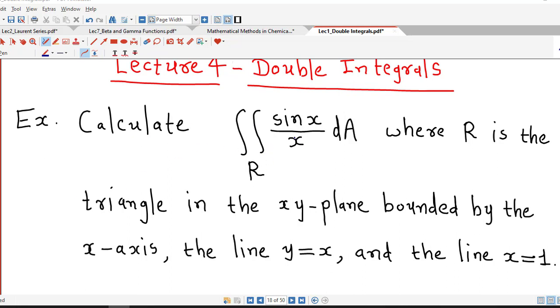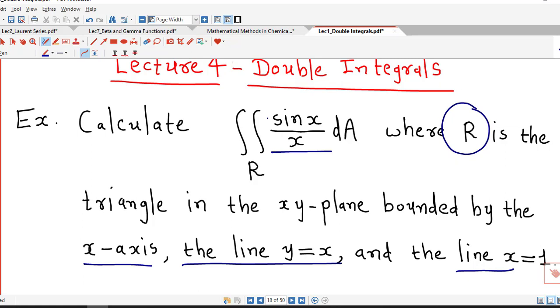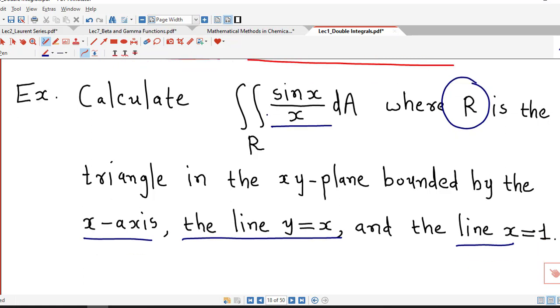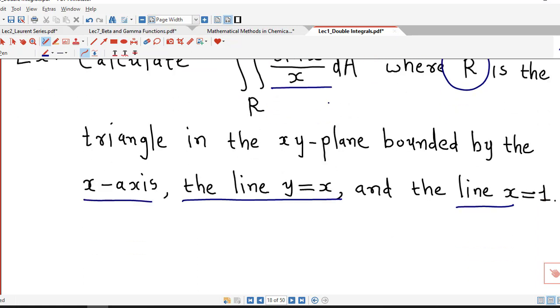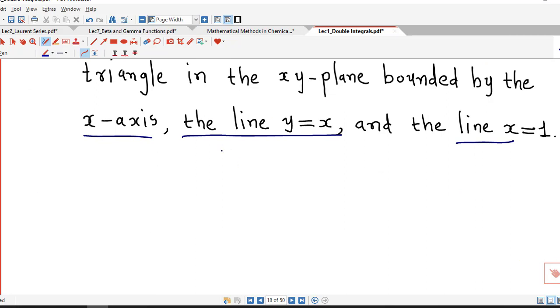Here we are asked to calculate the double integral of the function sin x over x over the region R, which is a triangle in the xy plane bounded by the x axis, the line y equal to x, and the line x equal to 1. As we know, as the very first step we have to sketch the region of integration, and